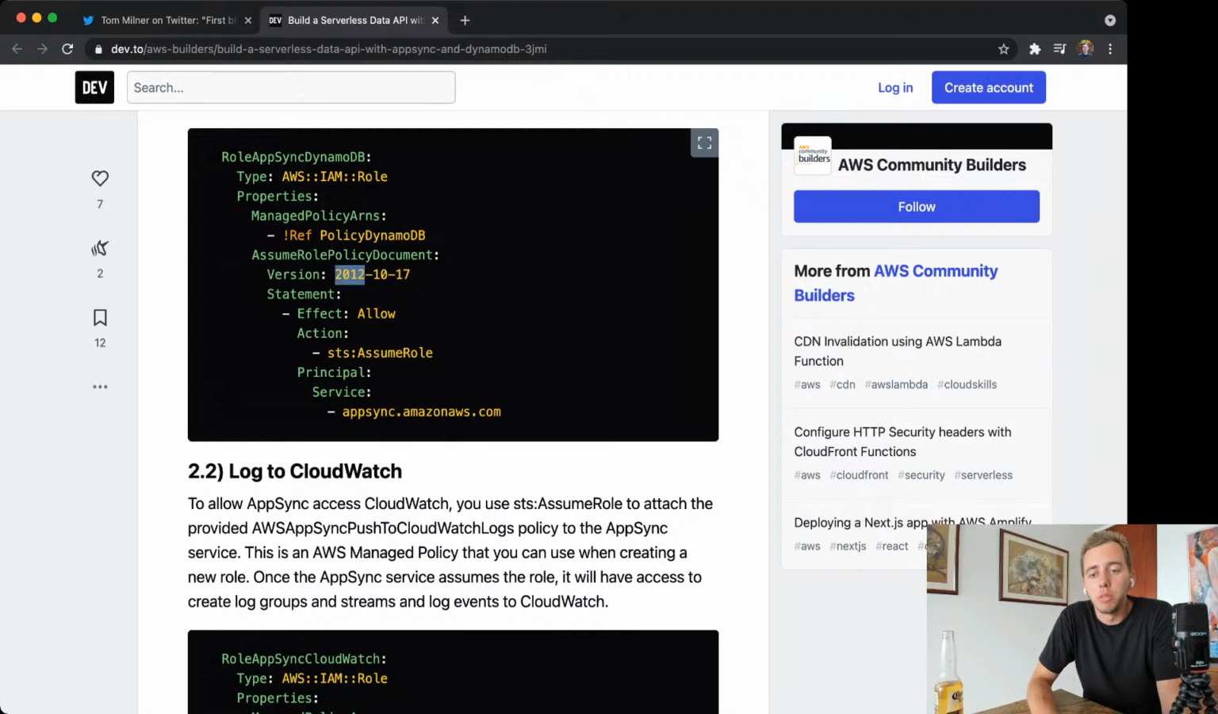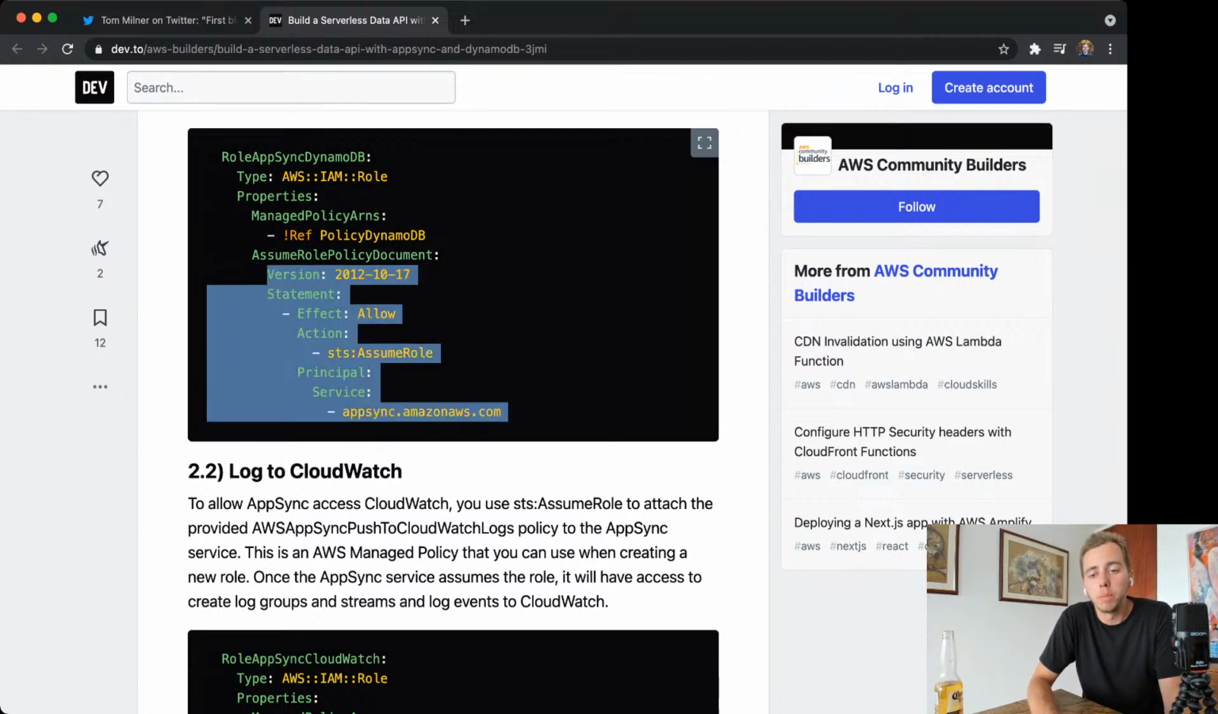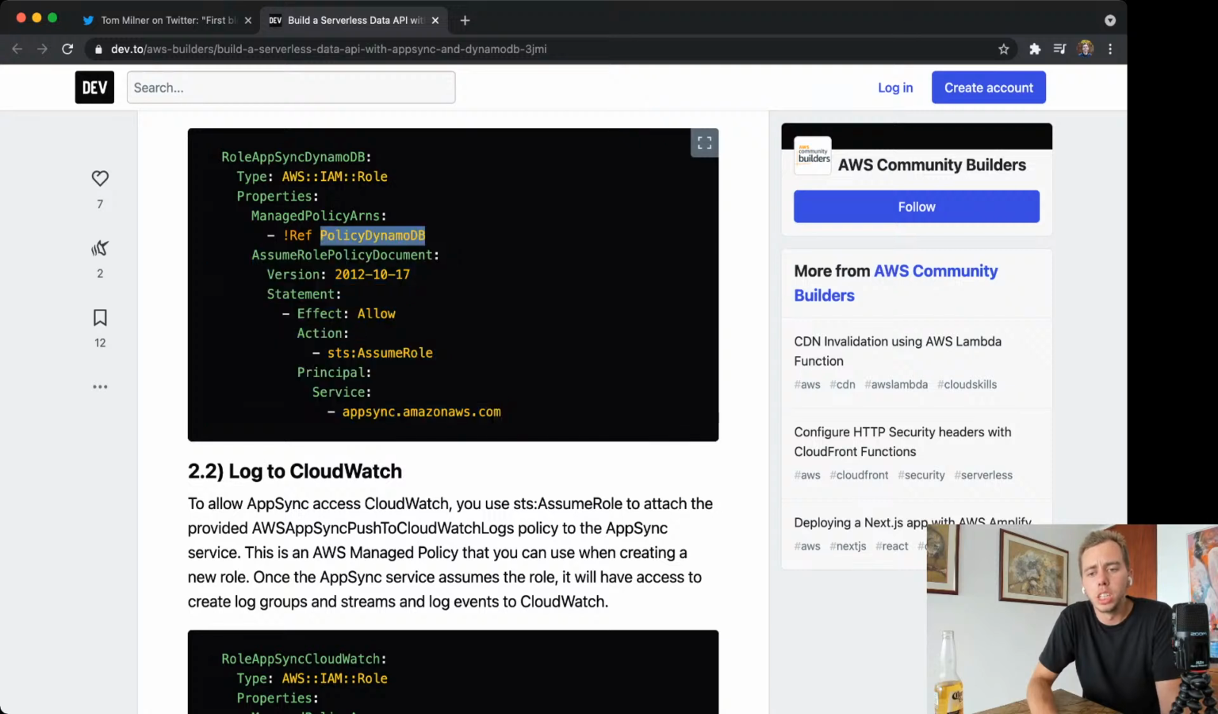And you can see once again we have the version statement here, and then we have the statement, allow, STS assume role, and appsync.amazonaws.com. So this is pretty much boilerplate. The part that we're changing is this policy here. But the STS assume role, it's allowing this IAM role to basically work with AppSync. So